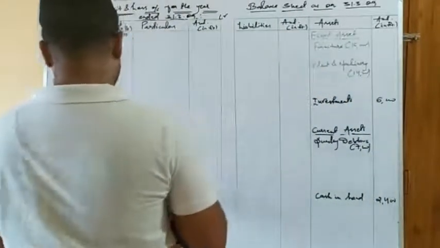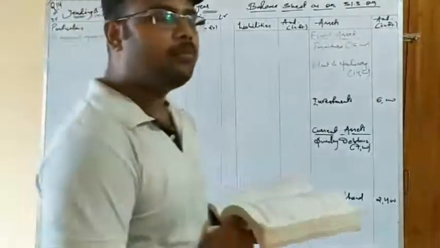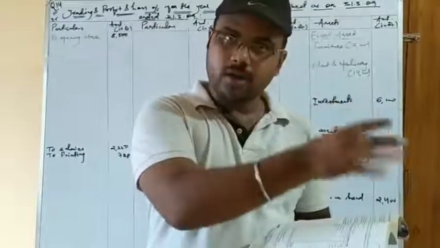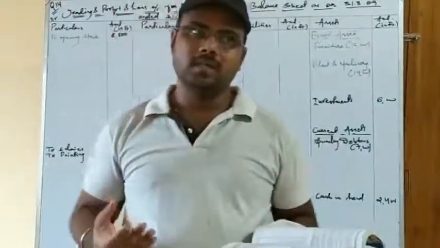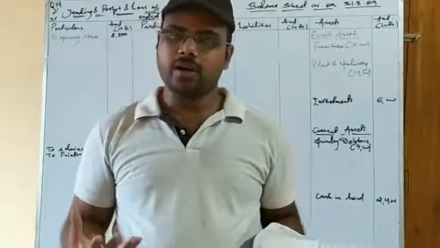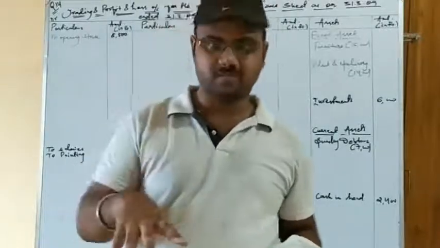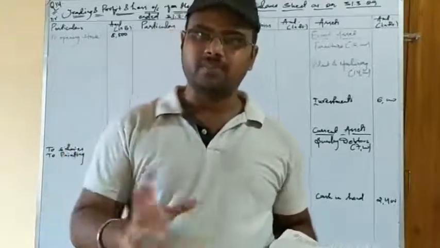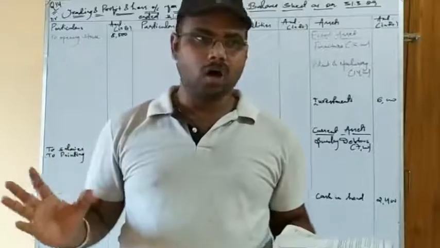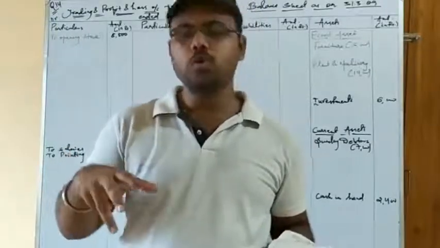Next item is sundry expenses. As you know, sundry expenses means what? I have told you earlier also in our classes that some expenses are incurred in the business, but they are not recorded, not accounted for, and after some time you get to know that you have made certain expenses. So you name those expenses as sundry expenses, miscellaneous expenses. These are the expenses that you make but you don't know the names.